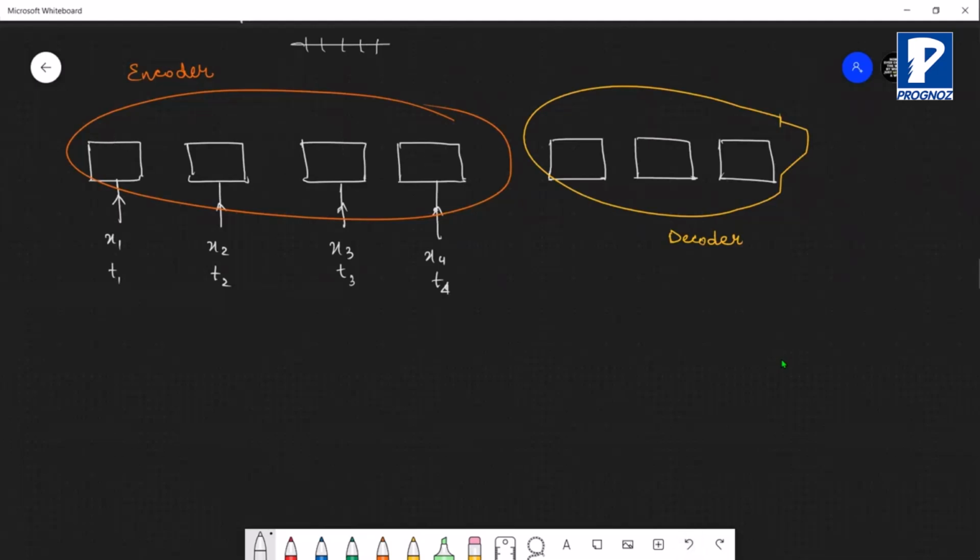You will not have any output here. But in case of x4, this is also known as EOS, end of statement. What does that mean?